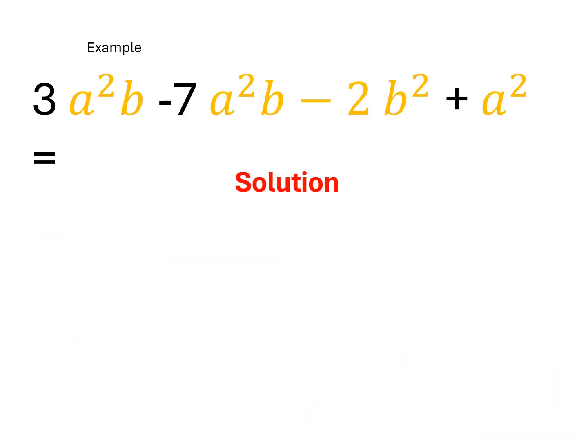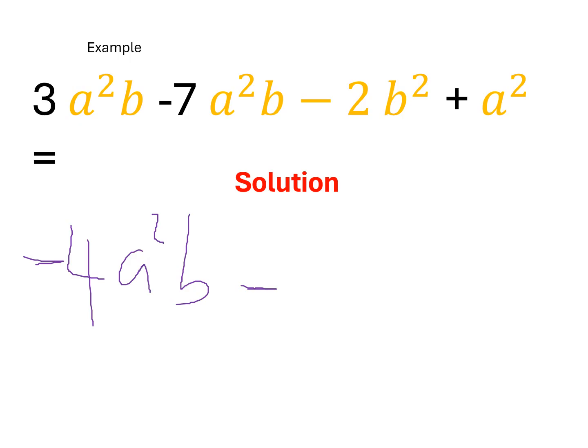Okay, so like terms, group like terms. The 3a squared b minus 7a squared b, those are like terms. Minus 2b squared plus a squared, those are unlike terms. So what we're going to do is subtract the like terms. We're going to take 3 from the 7. If you take 3 from 7, you leave 4, and it's going to be a negative 4 because it takes the sign of the larger number. So it's negative 4a squared b